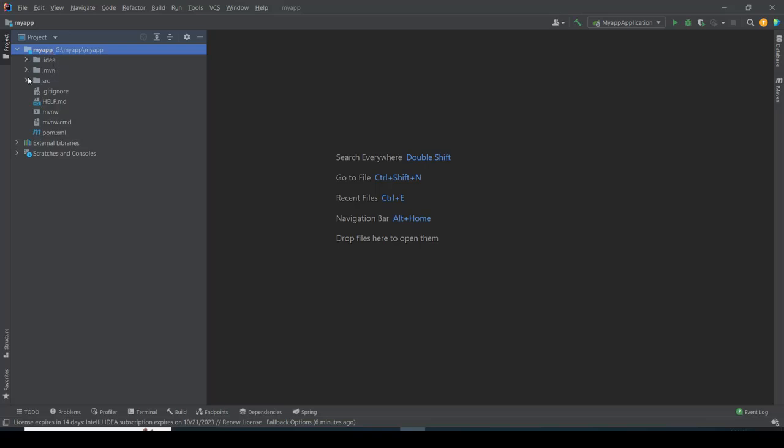Inside the project, you can see there is the folder SRC. Inside the SRC folder, you can see the main folder. Let me expand the main folder. We have two different folders. One is Java, another one is resources. If you expand the Java folder, you can see